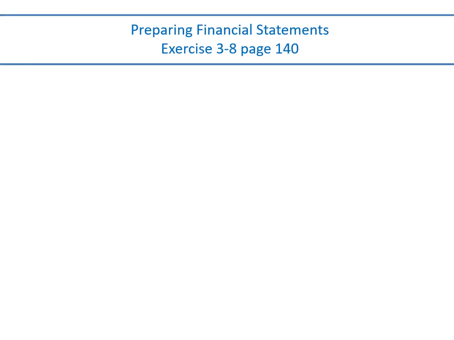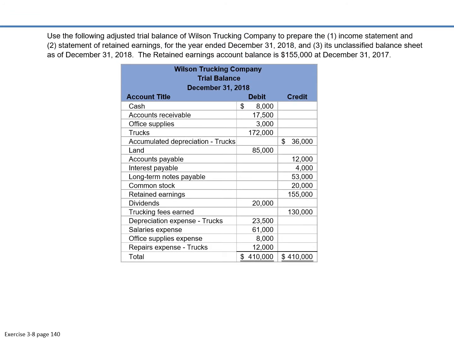All right, so preparing financial statements. Using the following adjusted trial balance of Wilson Trucking Company, prepare the income statement and statement of retained earnings for the year ended December 31st, 2018, and its unclassified balance sheet as of